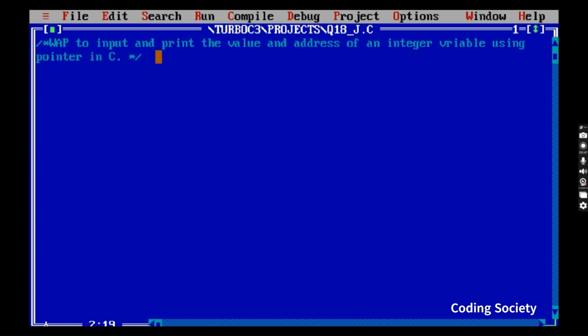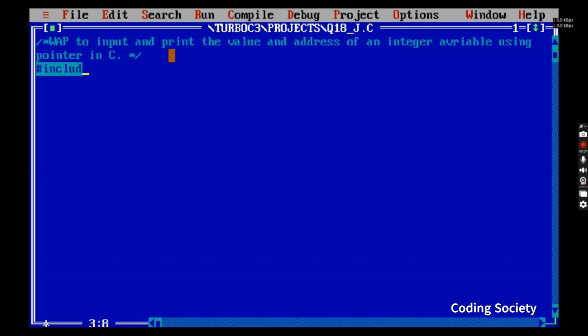#include <stdio.h>, #include <conio.h>, void main(), clrscr(); and getch();